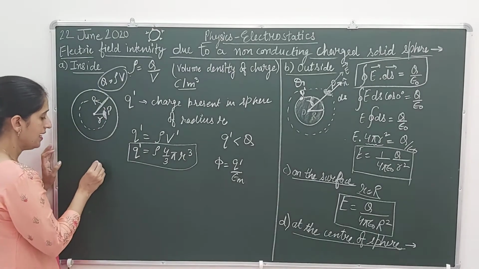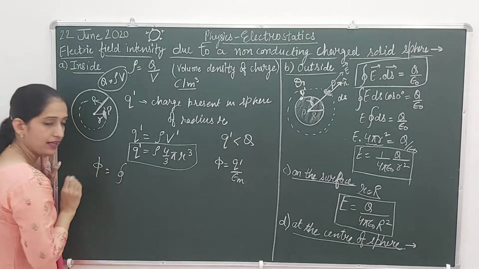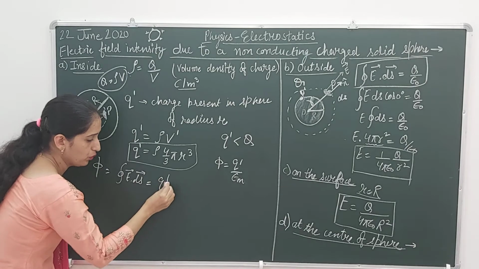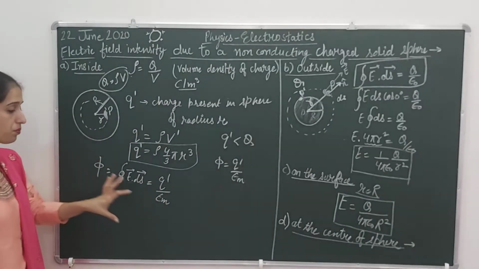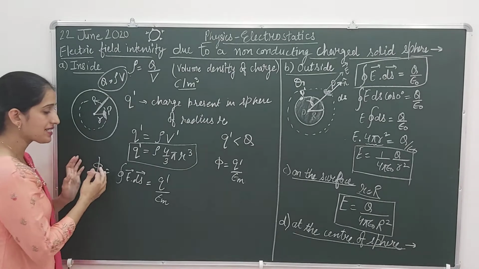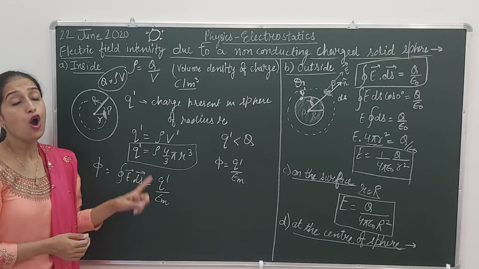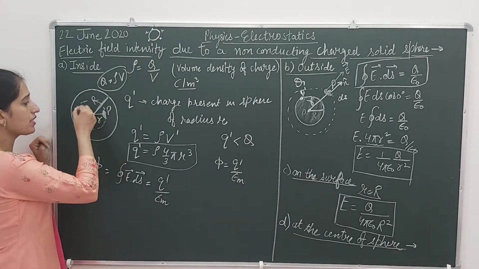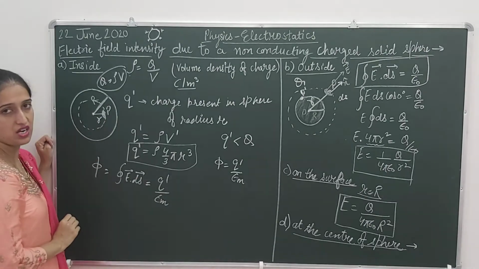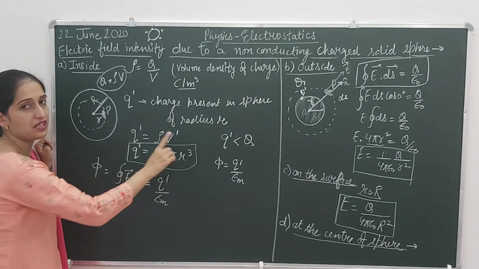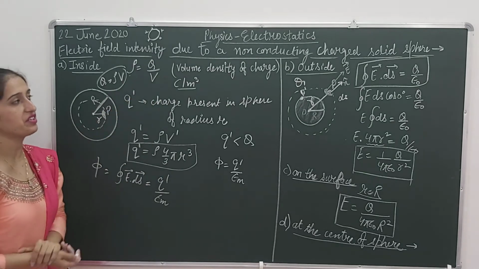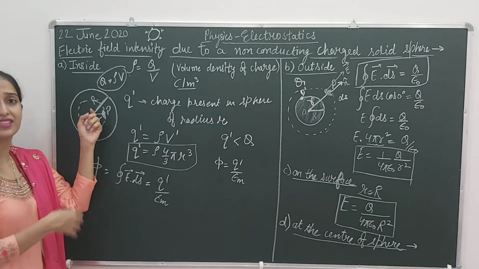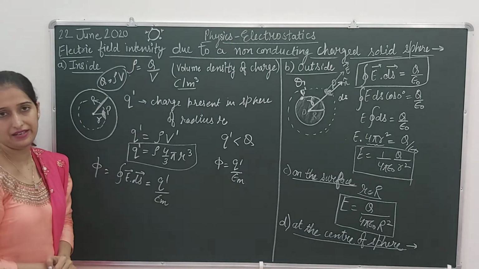Now applying Gauss law, flux is given by the closed integration of E dot ds, which equals Q dash by epsilon m. I hope this point is clear to you, because Gauss law says it is 1 by epsilon times the charge contained inside the surface. We have chosen a smaller surface, so it will have a smaller charge, Q dash. And how much is this? We have already calculated it with the help of the definition of volume density of charge. And also it is a medium other than air or free space, so we are using epsilon m.